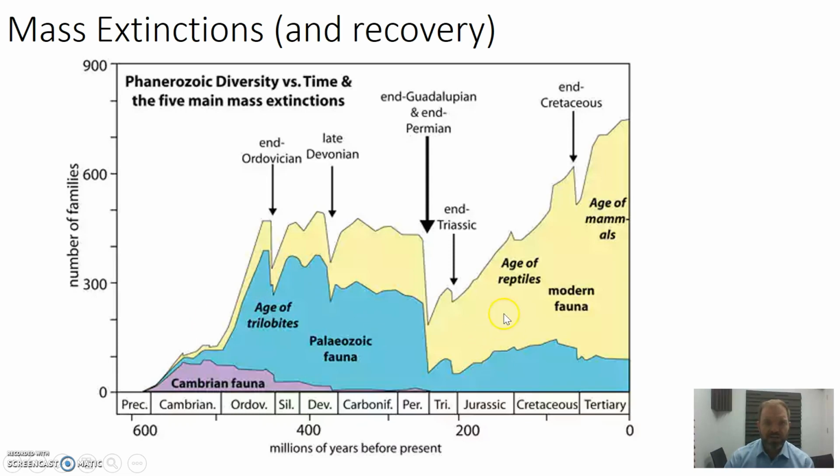And this tends to change the types of families that are around. So here we see trilobites really dominating those early oceans. And then over here at the Triassic, Jurassic, Cretaceous period, we have the age of the reptiles and dinosaurs. At the end of the Cretaceous, the mammals tend to be the dominant fauna that we see. And so each of these marks the end of a geological era, but also a change in the biological nature and the dominant species in the environment.